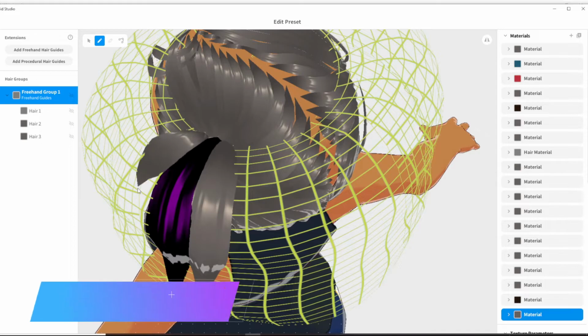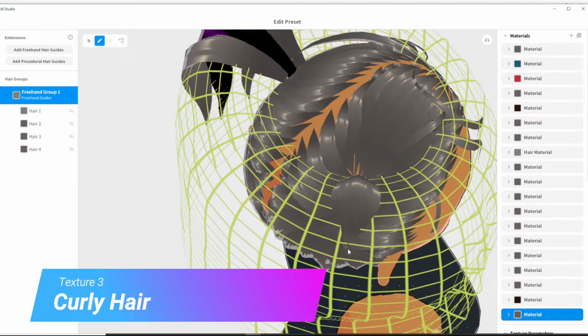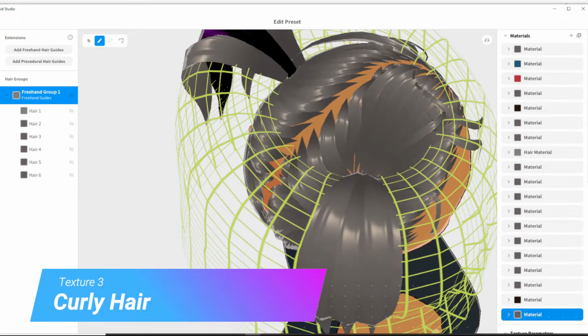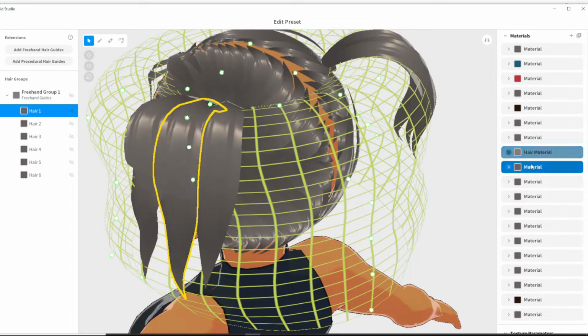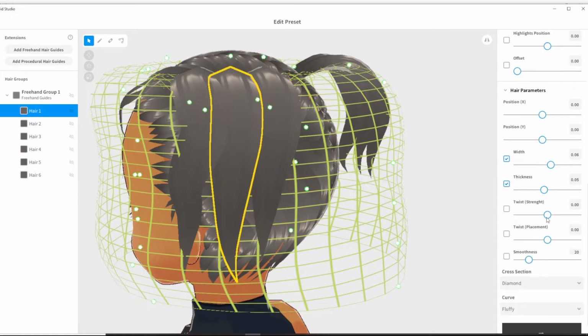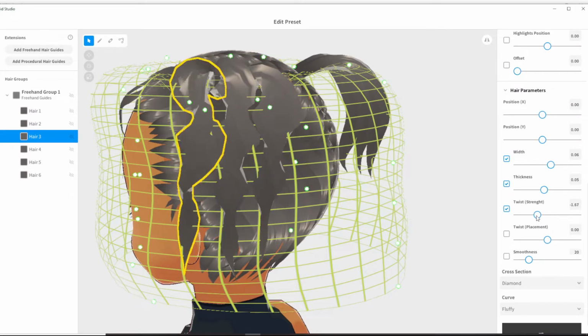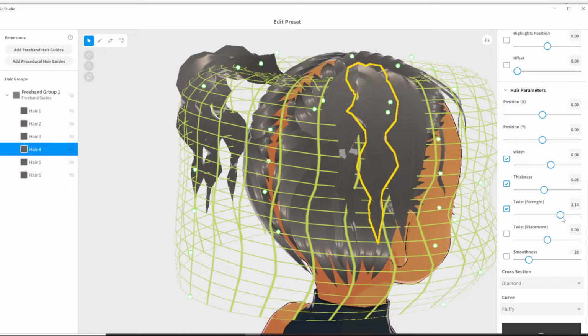So this is me making the curly hair. I basically followed the same method. I just kept the hair a bit shorter, and then you play around with the twist strength and just stretch them out. This one I only added 1 layer, just to keep it simple,